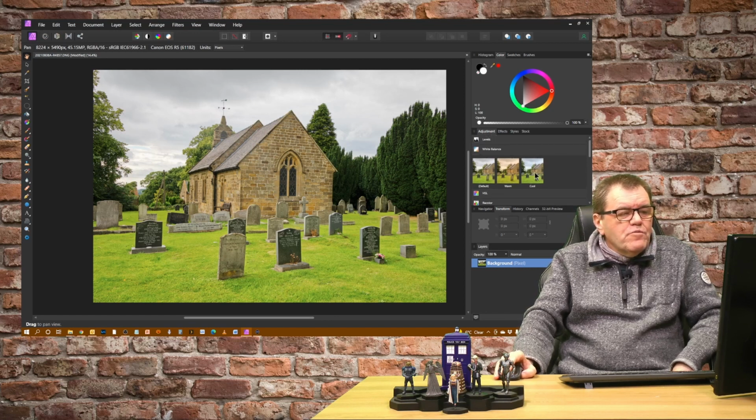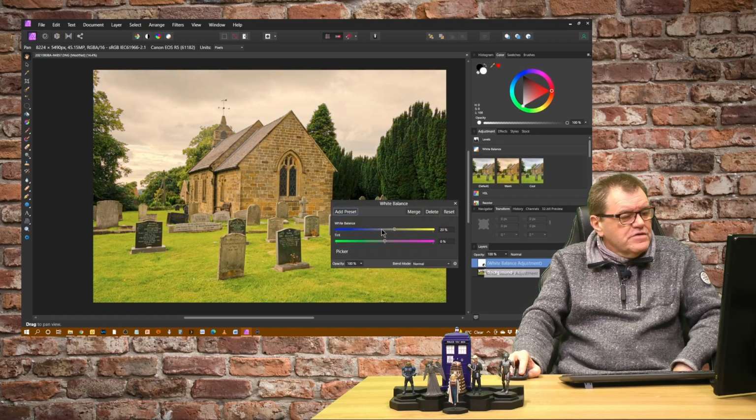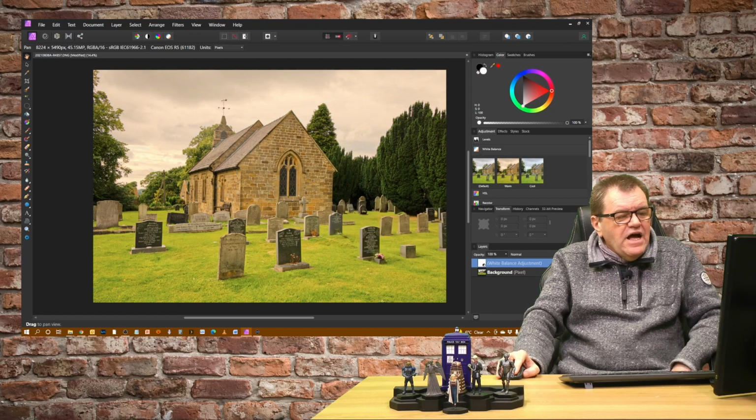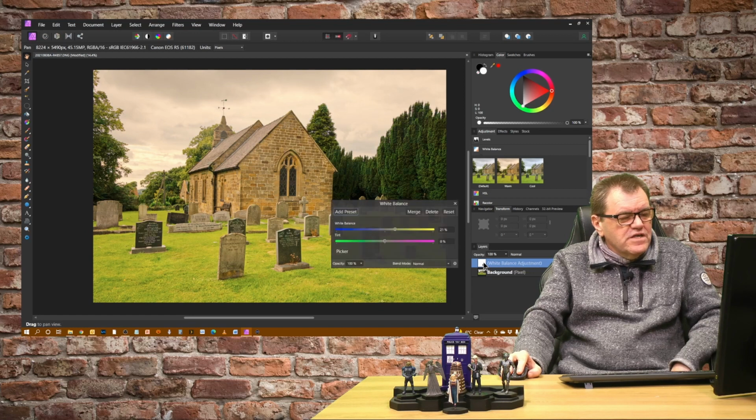I've got options here for as an adjustment. I'm going to say warm, so I've got that, and I can change that and warm it up as I wish on there. I'll close it, and that's a layer now that's non-destructive, and I can turn it on and off. So if I decide I've actually done that too much, double click on the icon and I can cool it down a fraction